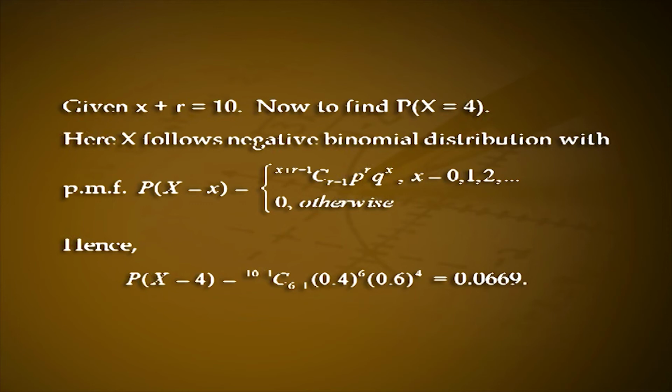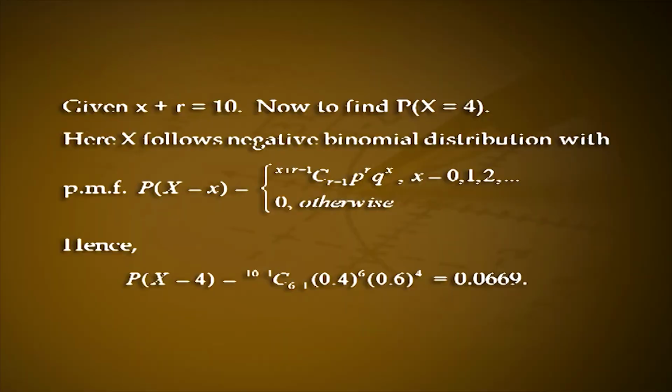Here x follows negative binomial distribution with PMF P(x = x), that is equal to (x+r−1)C(r−1) p^r q^x for x equal to 0, 1, 2, etc., and equal to 0 otherwise. Hence, P(x = 4), that is (10−1)C(6−1) × 0.4^6 × 0.6^4. That is equal to